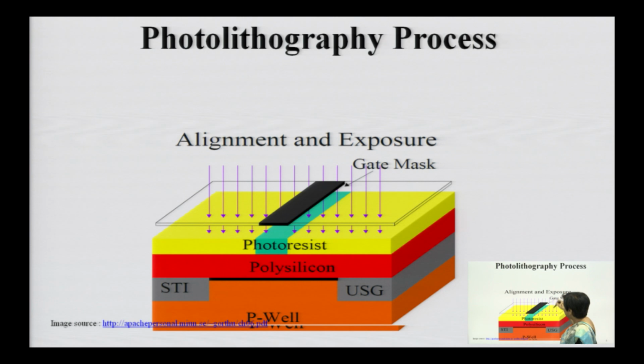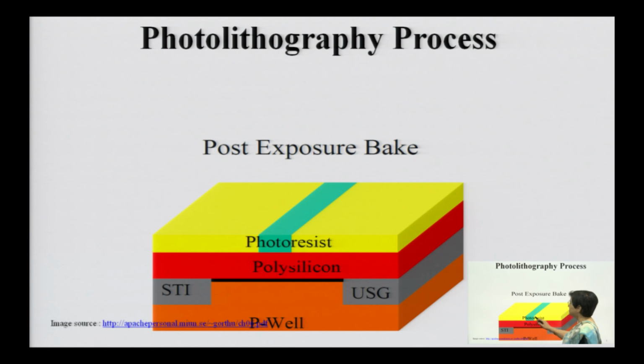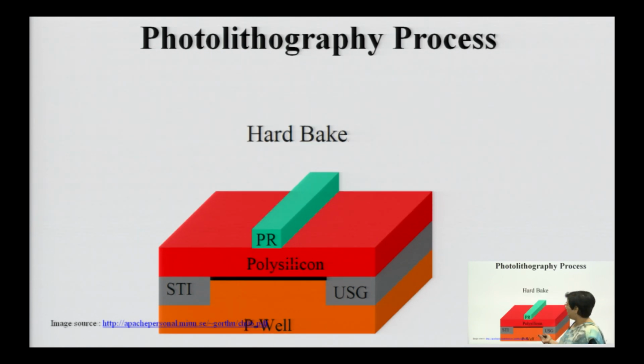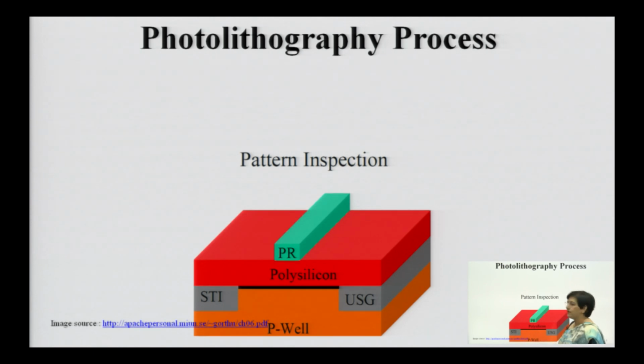Now, light penetrates from the other areas. Here your mask is covered, here there is no penetration of the light. So, naturally the photoresist from the other area will get weakened. When you develop that, just see, photoresist is available over here, and the rest of the area got removed. Here you are having PR, since there was no exposure to the light. So, post development your PR remains here, the rest of the PR gets weakened and eliminated. Then you will hard bake it and go for the pattern inspection.